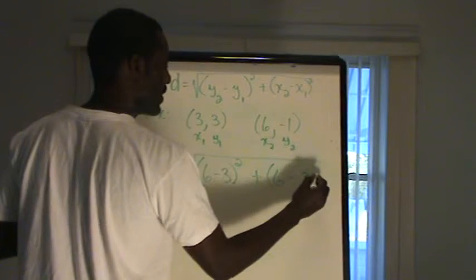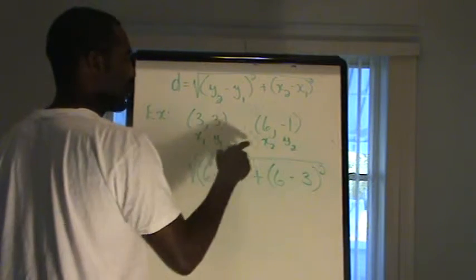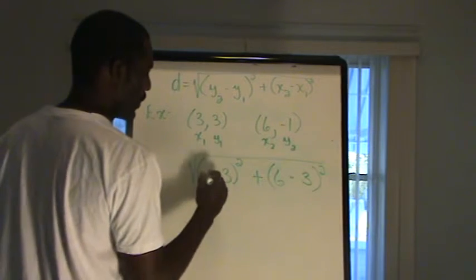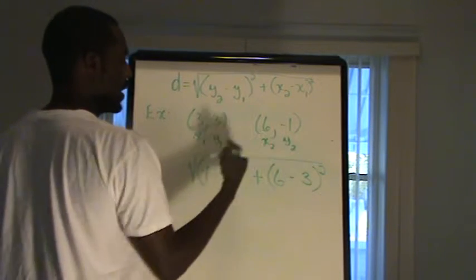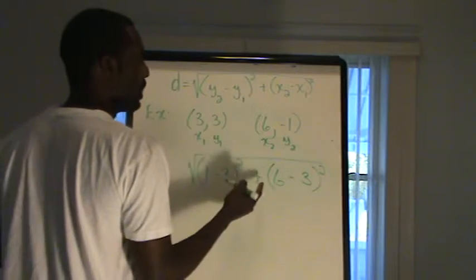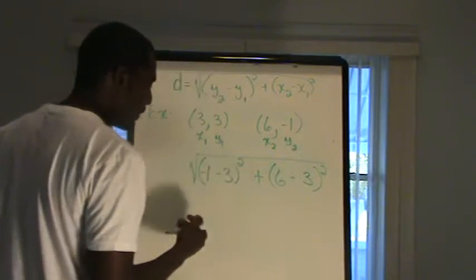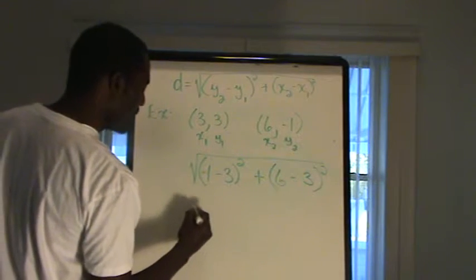It looks like I made a mistake here. Actually, my y sub 2 here is -1. Forgive me. So that's actually -1 minus 3 squared plus 6 minus 3 squared. So mistakes are common, but just make sure you catch the mistake. Alright, so if I continue to work here,